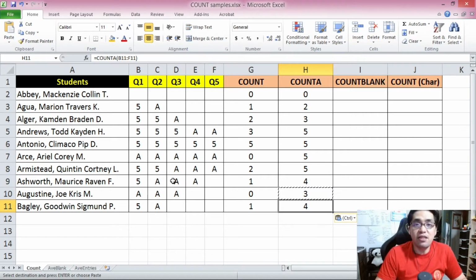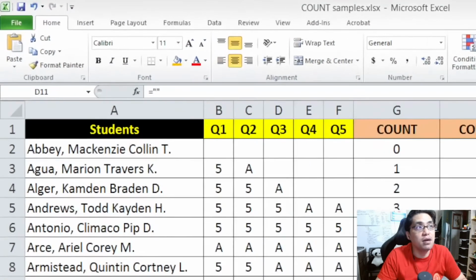Why? That is because, my dear viewers, in truth, there are two cells here that may look empty but are not actually empty. This cell over here and this cell over here. If you look at the formula bar on top, let me increase the size of the formula bar like so, you will see there the equal sign and 2 quotation marks. In Microsoft Excel, we call this a text blank. This is one way of displaying a blank cell whenever it is used in a formula. So a text blank like this isn't an actual empty cell. It only looks blank, but it is not actually empty.